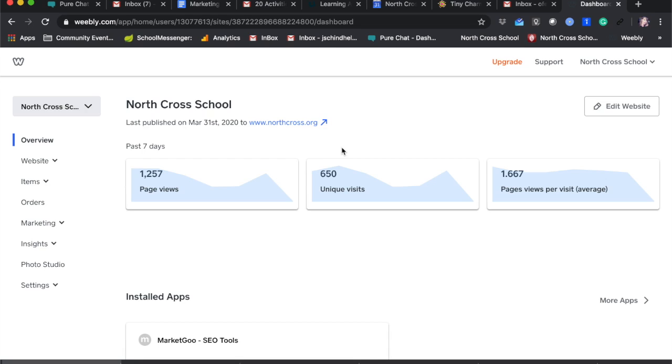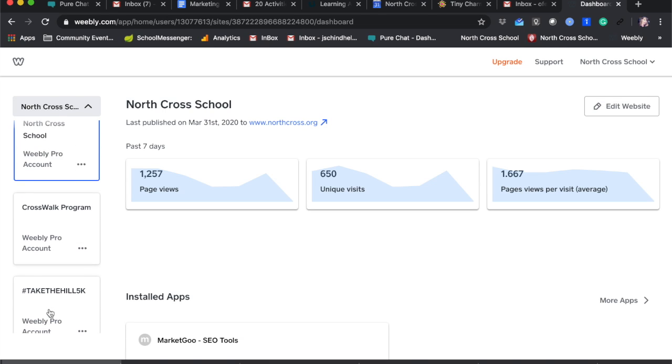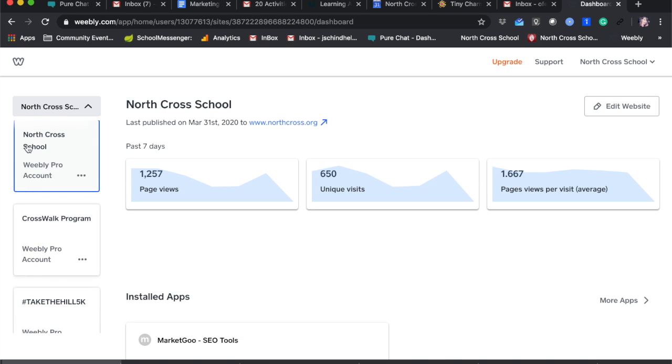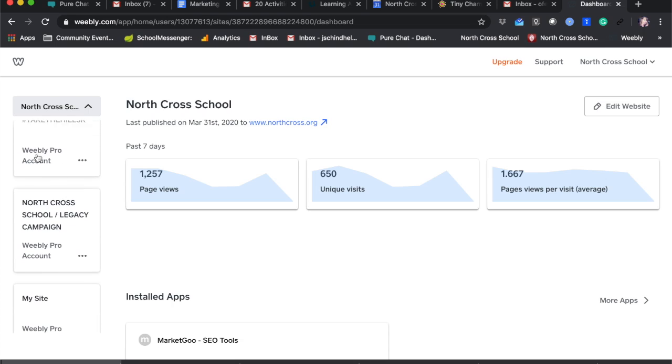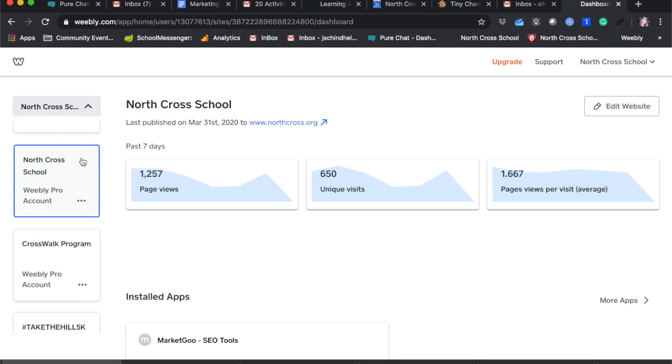Hi guys, so I'm going to give you just a quick overview on general editing things in Weebly. When you log in, you should come to a screen that looks a lot like this. You get to choose which website you're going to edit. Mostly we focus on the North Cross School with lowercase letters and the North Cross School Legacy Campaign. For this one, I'm just going to use the North Cross School site as the one that we edit,